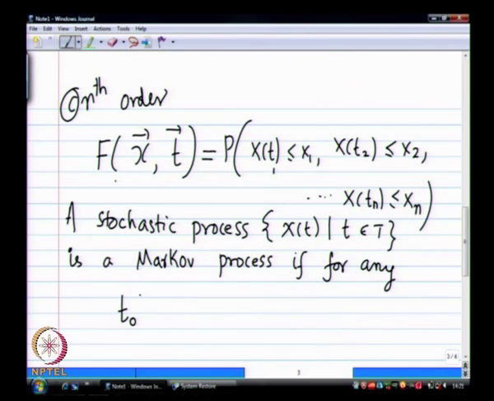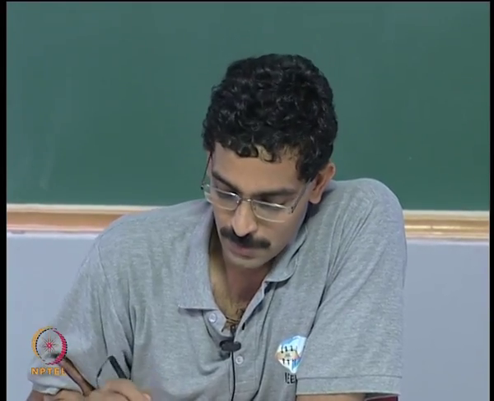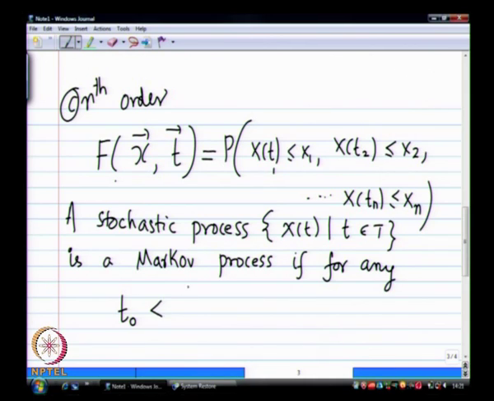So we have a stochastic process x of t like before. It is defined as a Markov process, right. So again this Markov is memoryless. We looked at the geometric being memoryless and the exponential being memoryless. So in general, that memoryless property is called a Markovian property. This process is called a Markov process if it has this so-called memoryless property. It is not completely memoryless, but